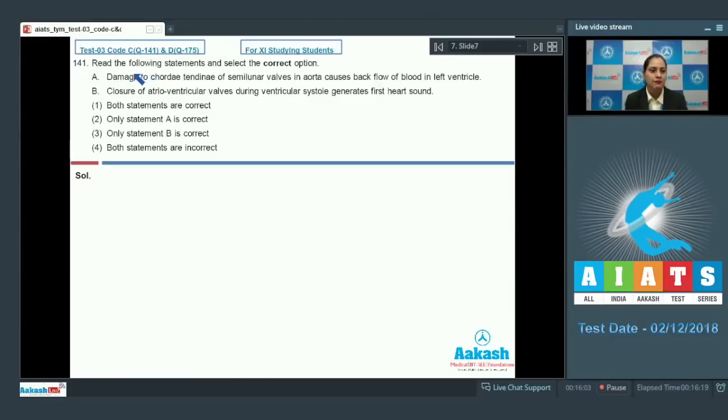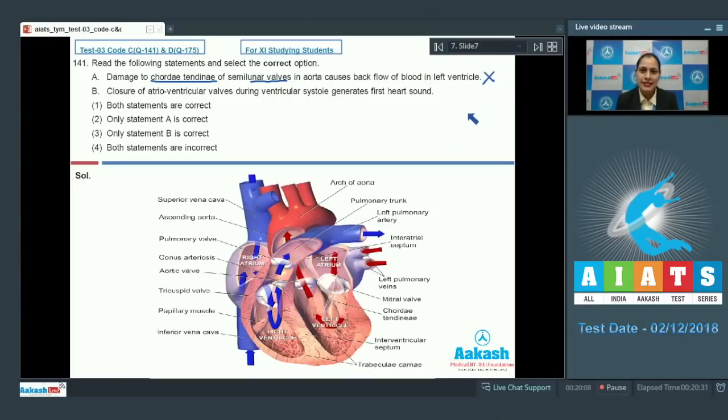Question number 141. Read the following statements and select the correct option. The very first statement says damage to chordae tendineae of semilunar valves in aorta causes backflow of blood in left ventricle. This is an incorrect statement because, as you can see here in the diagram of the human heart, chordae